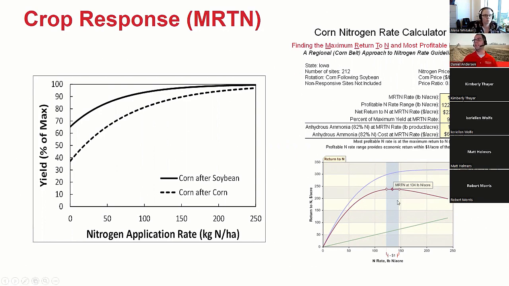You hit calculate after entering what part of Iowa you are in, and it spits out this beautiful graph that shows you this green line, the cost of nitrogen. It's a linear line, right? For every extra pound of nitrogen I need to put on per acre, that costs me a little bit more. So that line makes sense. It also spits out this bluish purple line. That's how much corn we think we'd yield times the price of corn. And then the most important line to us is this red line, which is really just the difference between the two. And what's interesting about that red line is it has a maximum point, right? And that's sort of what we'd say is the optimum fertilizer rate.